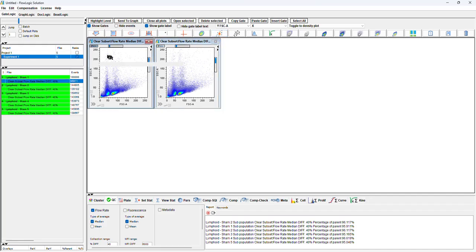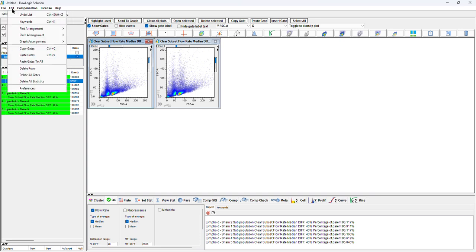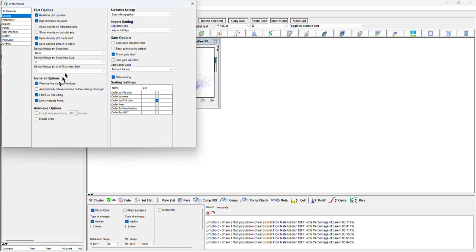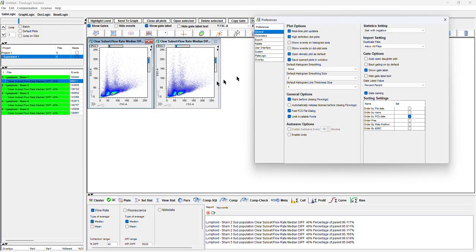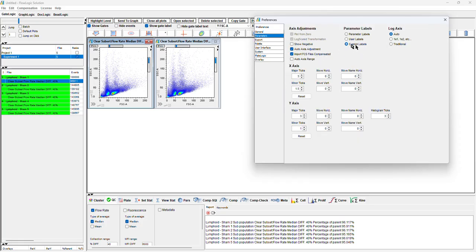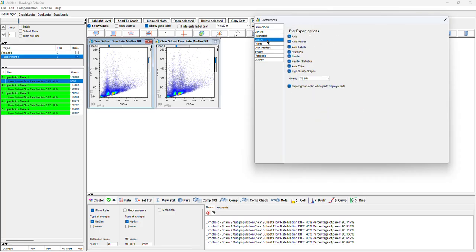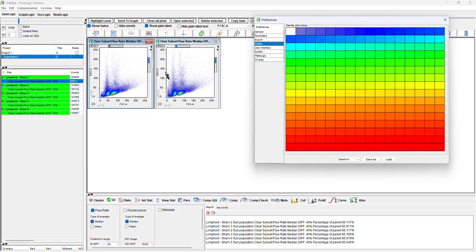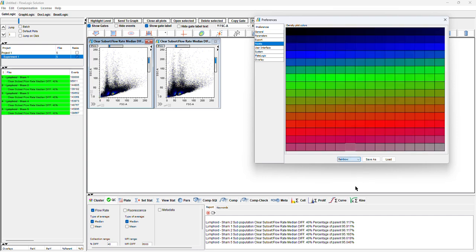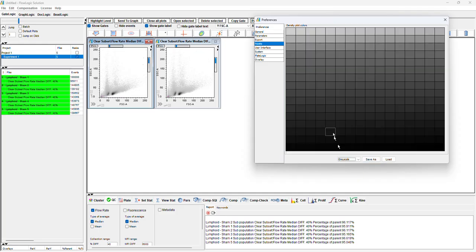Now, another thing that is very important is the settings. If we go to Flowlogic, go to preferences, if you need to change settings, and quite important, if you have a rare event, usually these settings are quite okay for everybody, but just in case, if you want to display the parameter label in a different way, you can export in a different way. This is quite important. Sometimes you have files with rare events, and we suggest changing the spectrum, and we have all the series of the spectrum,